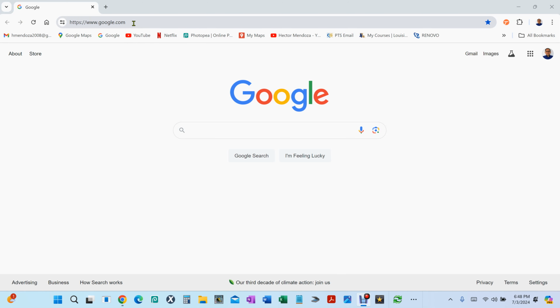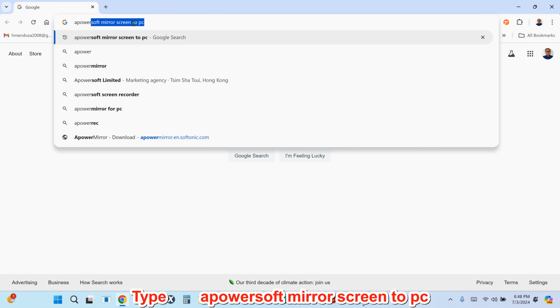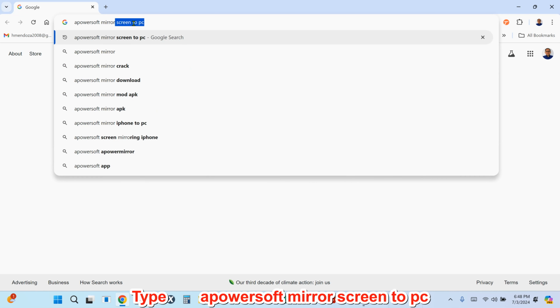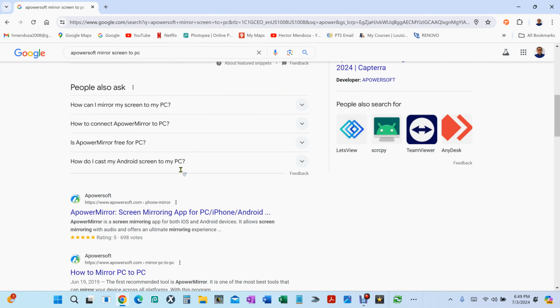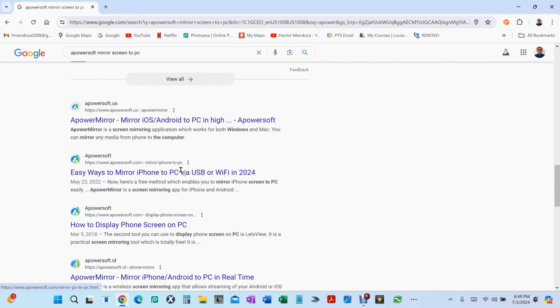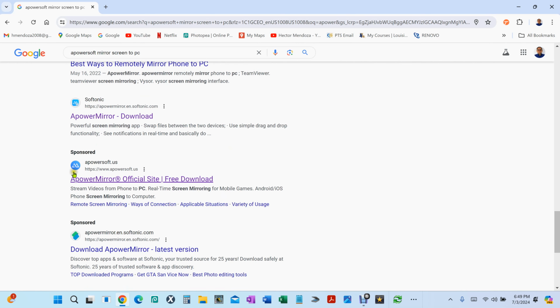So on your browser, I want you to type ApowerSoft Mirror screen to PC. And what I want you to do is go down. Yours might show up at the top, but I want you to go to the one that has sponsored by ApowerSoft US, and that logo is going to look like this. So make sure you click on this one. There's a lot of them here, right? If it doesn't look like this, don't do it. So if you click here,